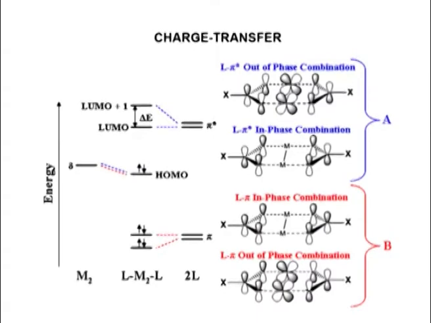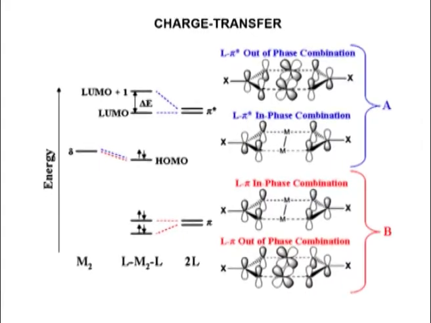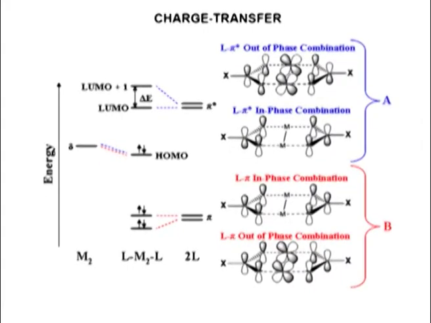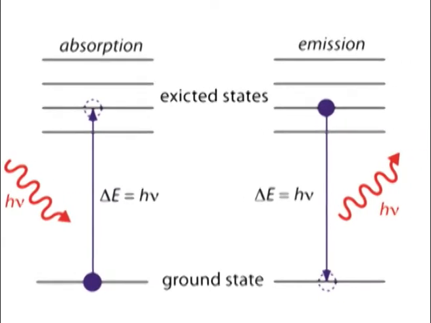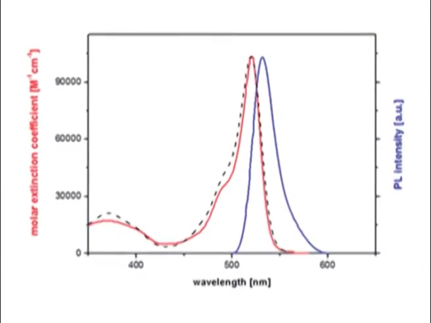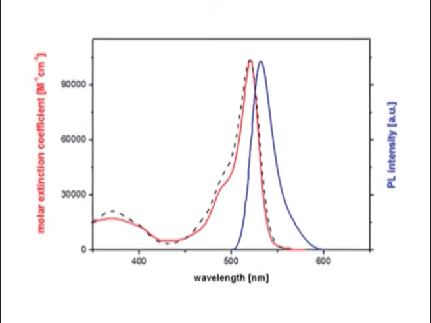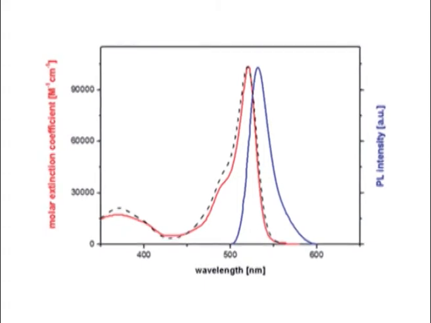Many inorganic species show charge transfer absorption and are called charge transfer complexes. For a complex to demonstrate charge transfer behavior, one of the components must have electron donating properties and another component must be able to accept electrons. Absorption of radiation then involves the transfer of an electron from the donor to an orbital associated with the acceptor. Molar absorptivities from charge transfer absorption are large, greater than 10,000 liter mole inverse centimeter inverse.